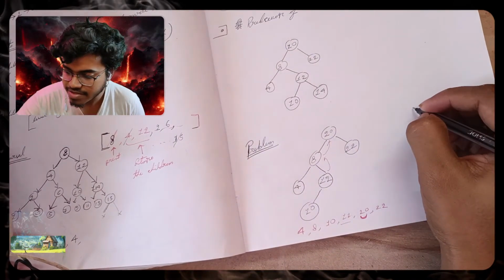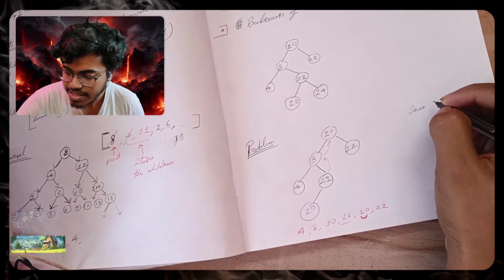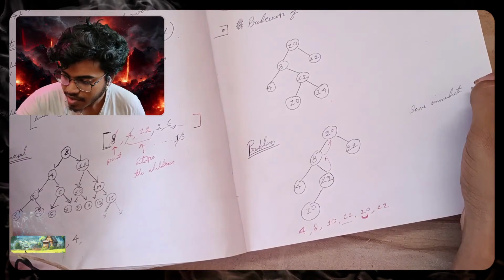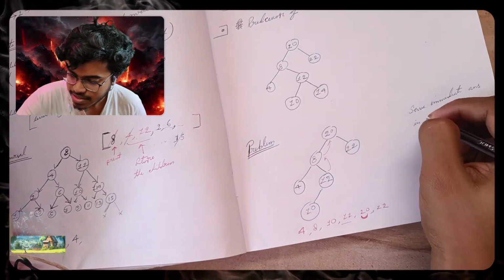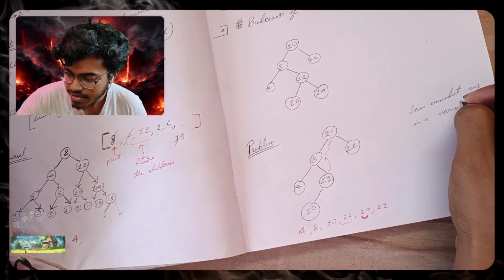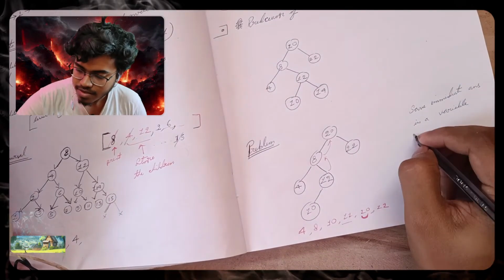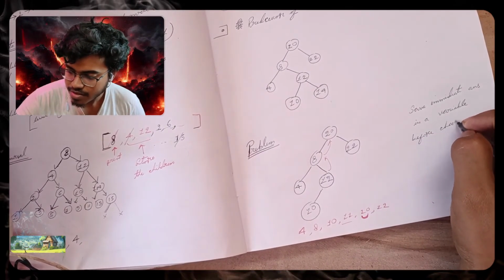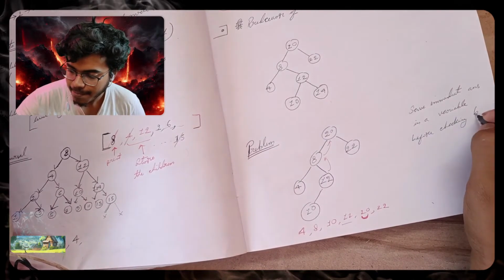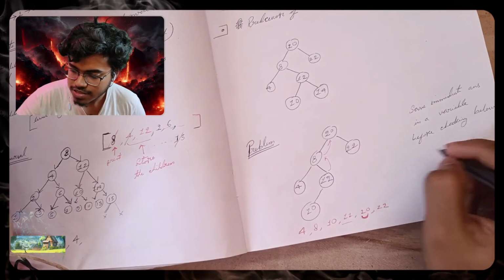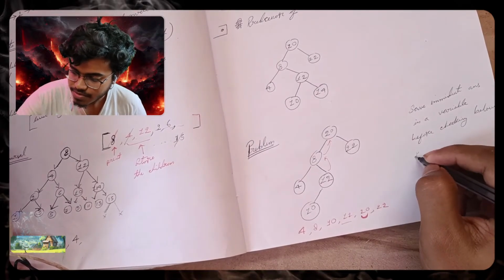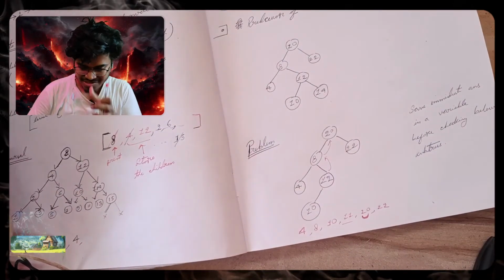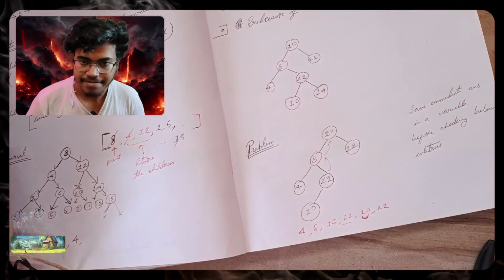If you have to save the 20, save the immediate answer in a variable before checking below nodes, below subtrees. Okay, so let us observe a thing over here,